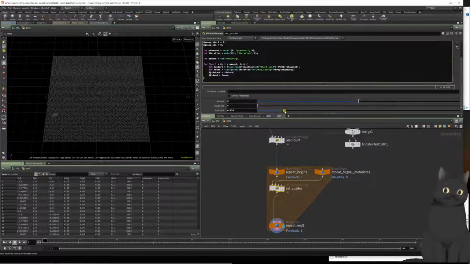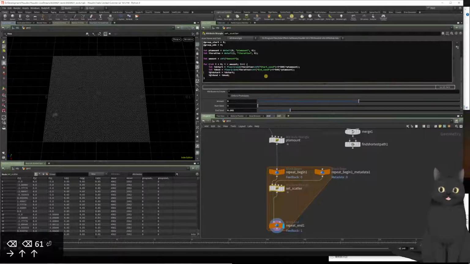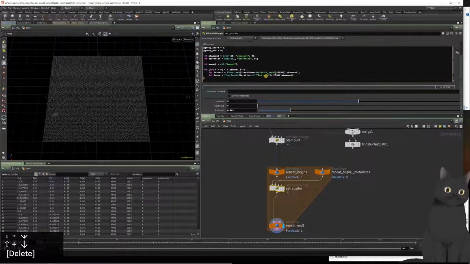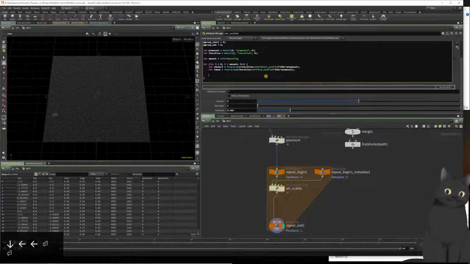So let's leave it as it is. Let's get rid of these unnecessary attributes. So now let's clean a little. Now what we have